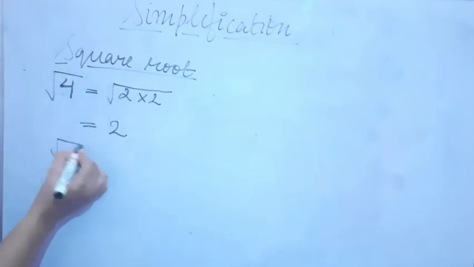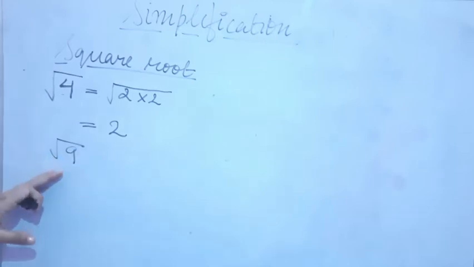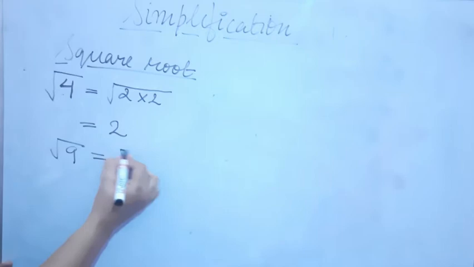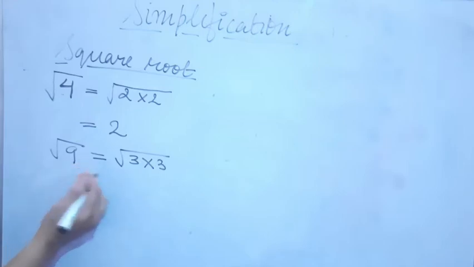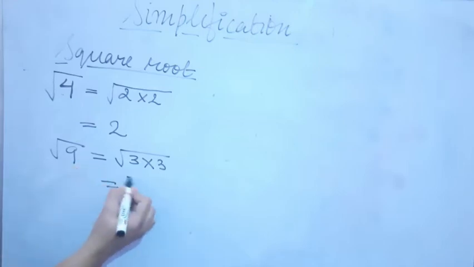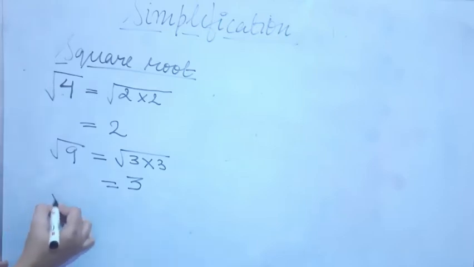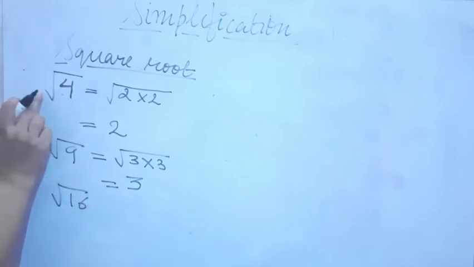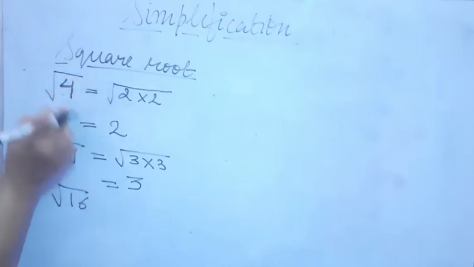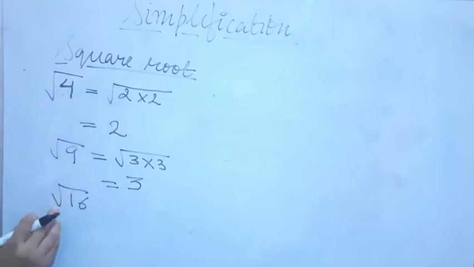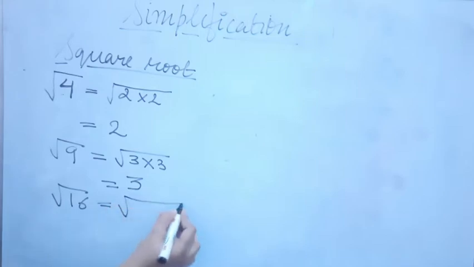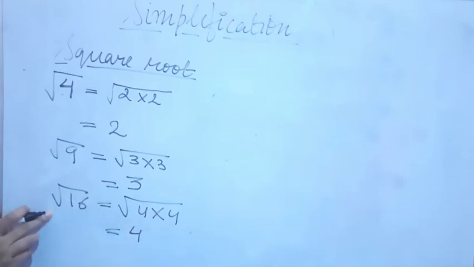If I talk about the square root of 9, 9 is obtained by multiplying 3 two times. When we are multiplying 3 two times, then we have obtained 9. So we can say that the square root of 9 is 3. Now if I talk about 16, under root 16, we call it under root because it is written under the root symbol. So under root 16 is obtained by multiplying 4 two times. So we can say that the square root of 16 is 4.